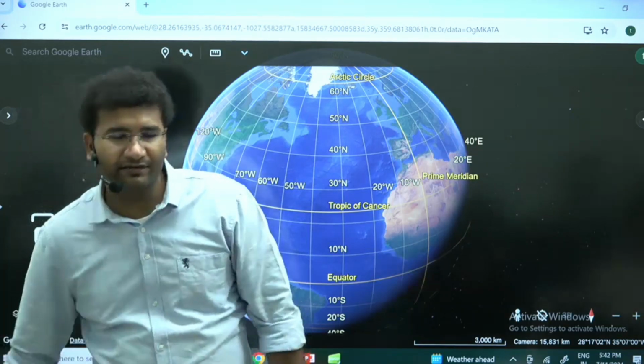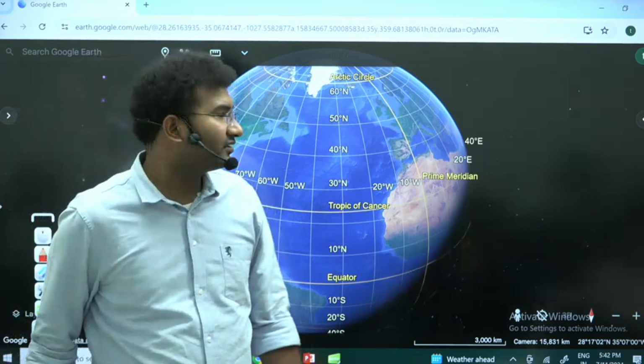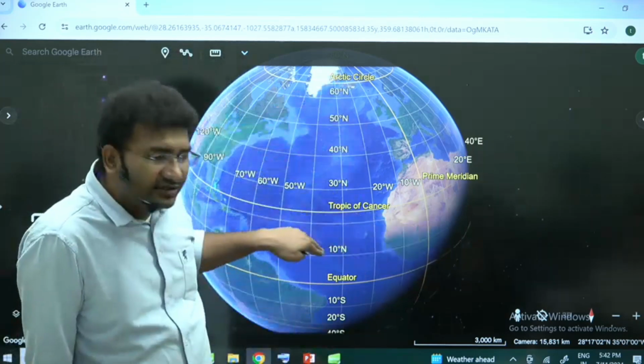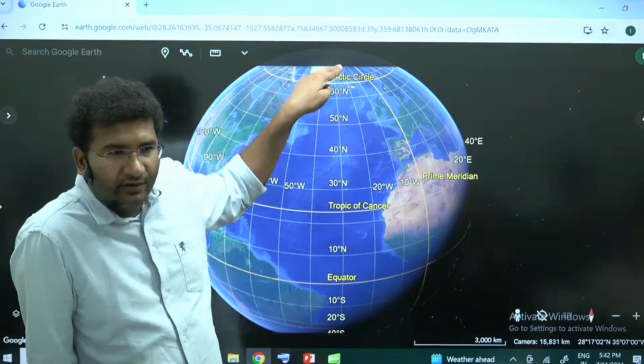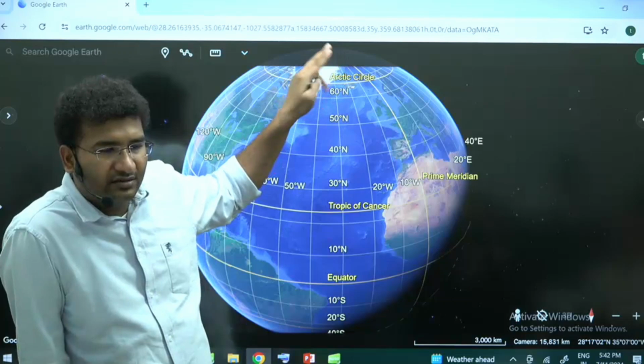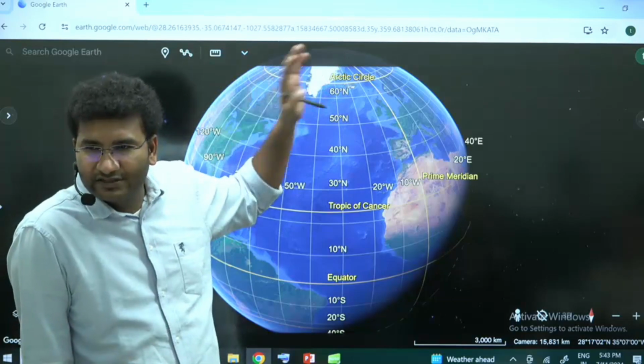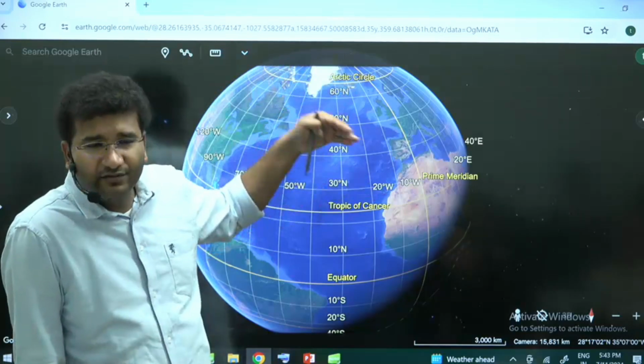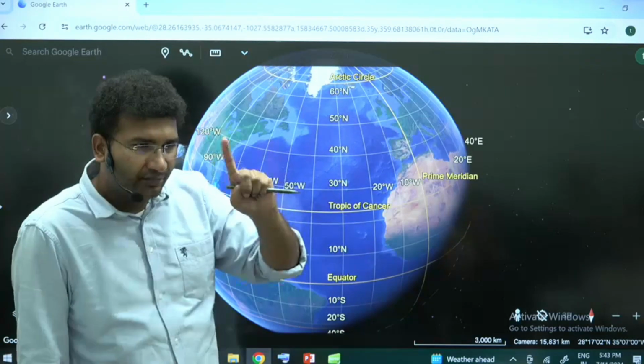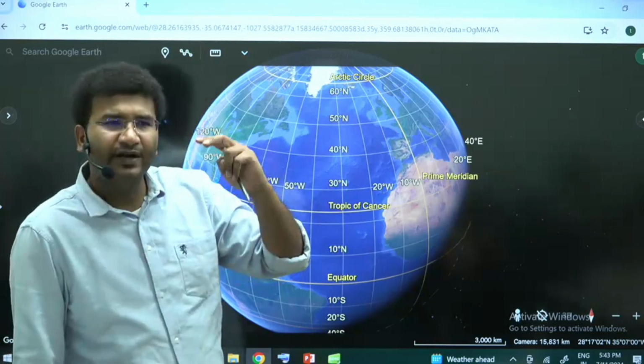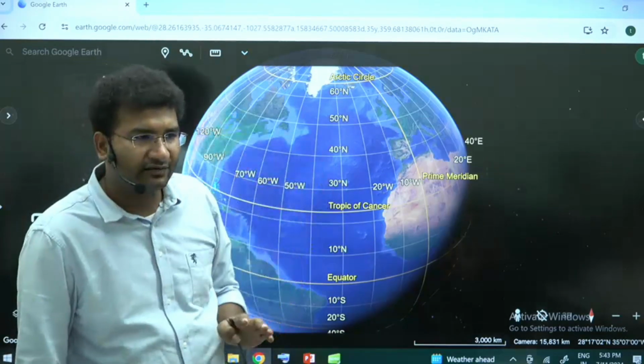Okay? The primary factors are heating by solar energy. That means in the equatorial region there is a lot of energy in the form of sunlight, and in the polar region there is less energy received from the sun. That variation will lead to the movement of the water. Number one. Number two, wind. But wind is not a primary factor, it is a secondary factor.